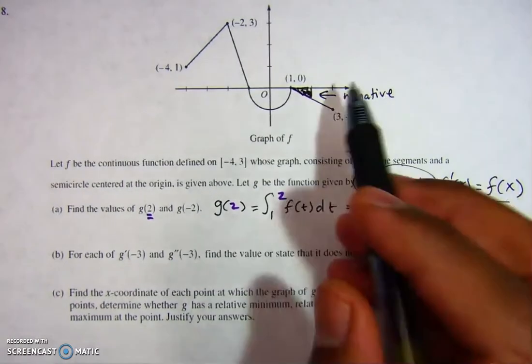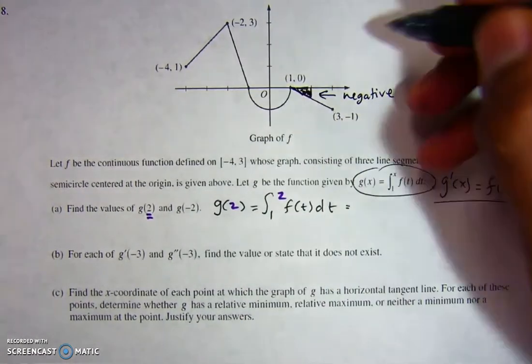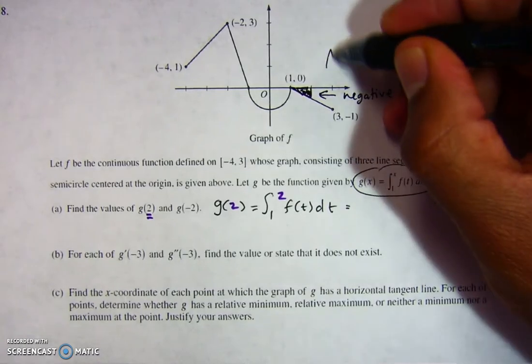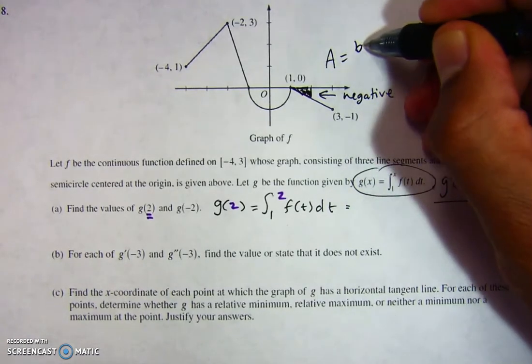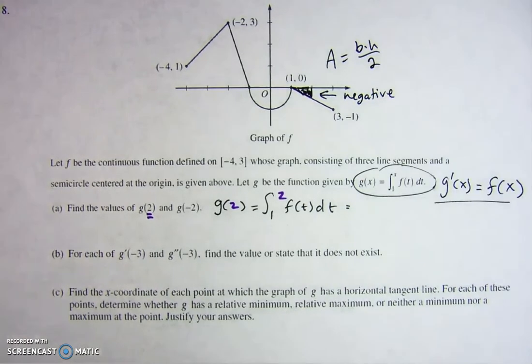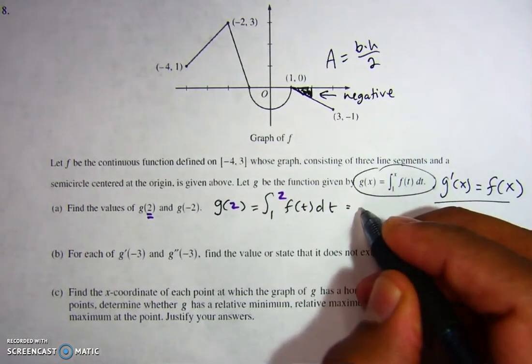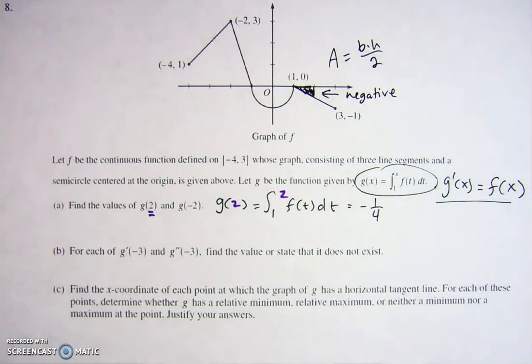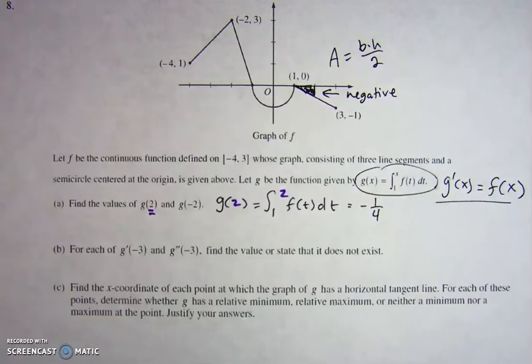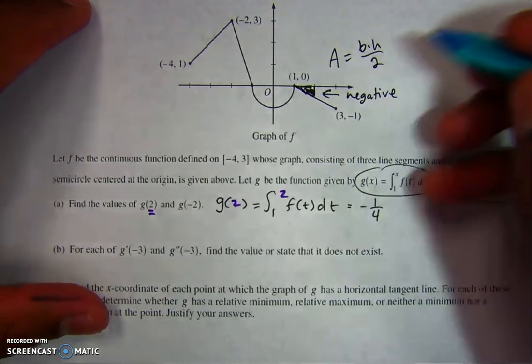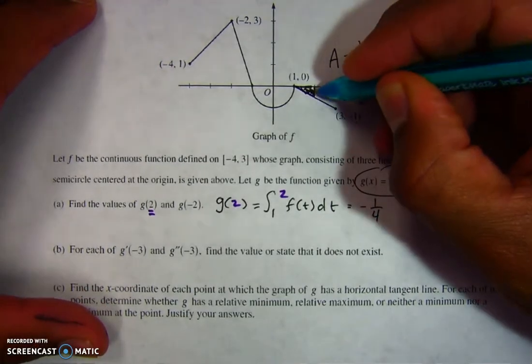Now, go ahead and use the area of a triangle, and you'll see that you get negative 1/4. One thing you might be asking yourself is